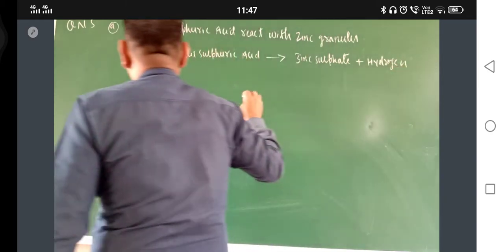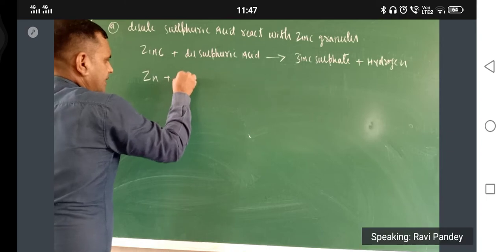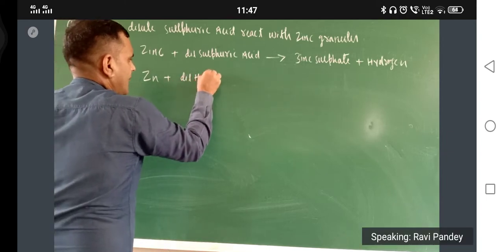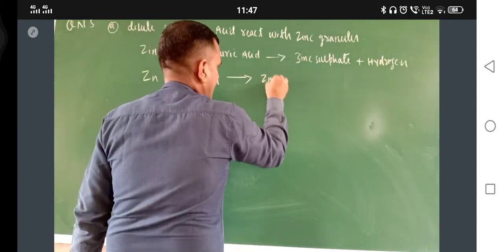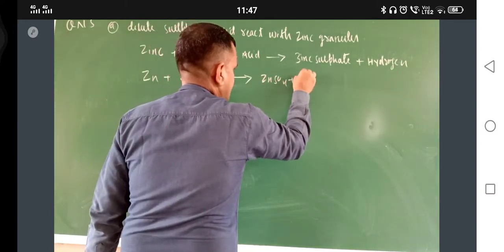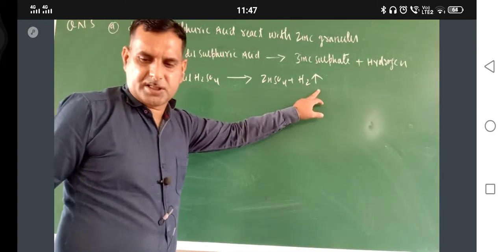Okay, so write down now the equation. Zinc plus dilute H2SO4. Okay. Next one is